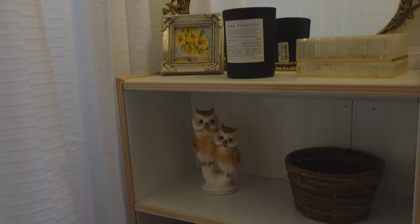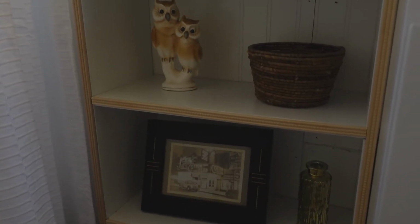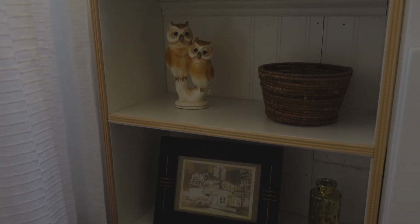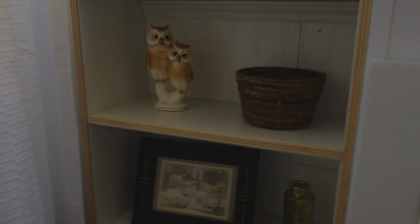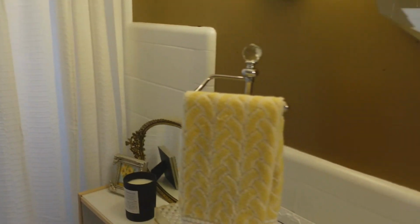Okay, and then I'm just going to get over here on the left side of my cabinet, and I'm going to kneel down so y'all can see my little shelves. So there was a couple of little shelves built in over here, but they were about 3 inches deep, and they were falling apart. Oh my God, they were just crappy looking. And so what I did, let me get another light on in here. What I did was just take some of those